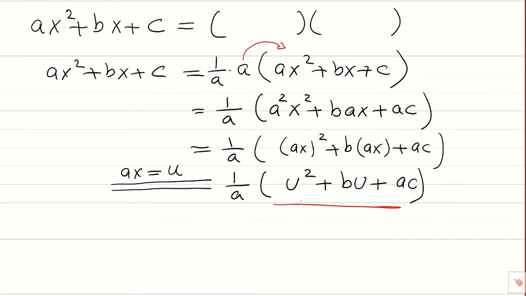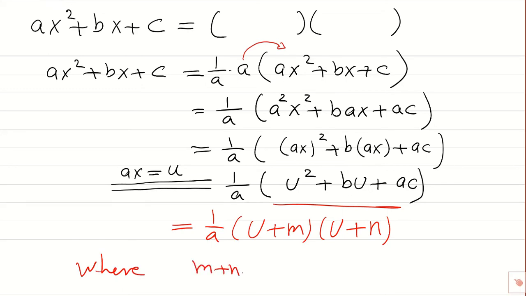Now actually I have a quadratic with a leading coefficient of 1, therefore I know how to deal with it, right? By using the previous video, I can easily write 1 over a times (u plus m) times (u plus n), where